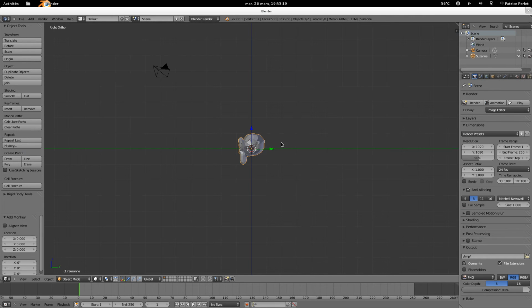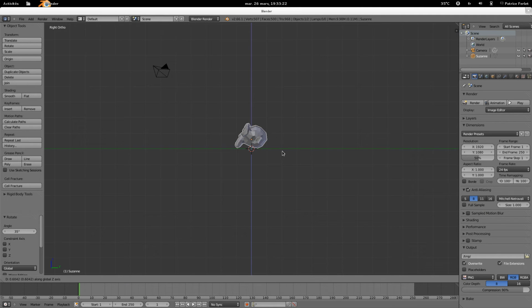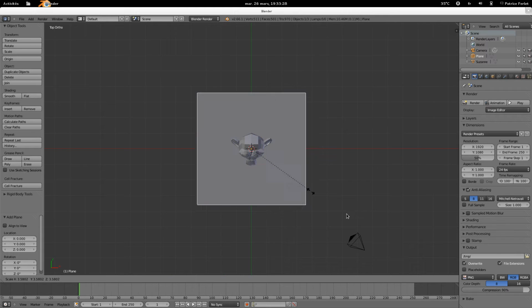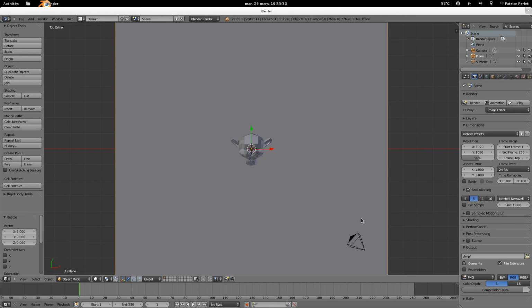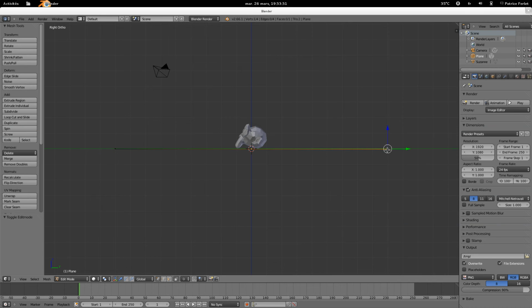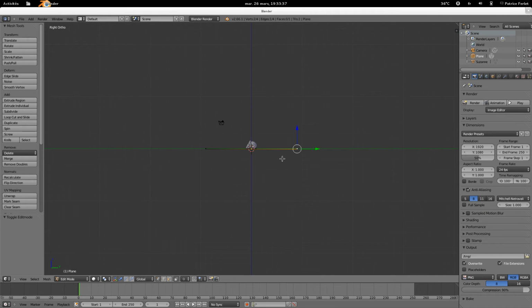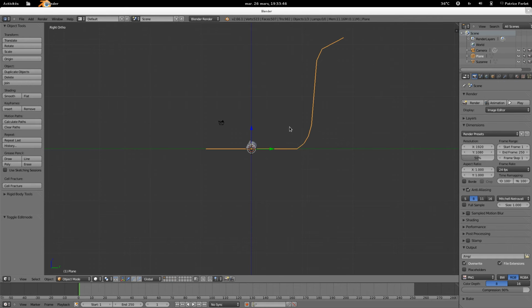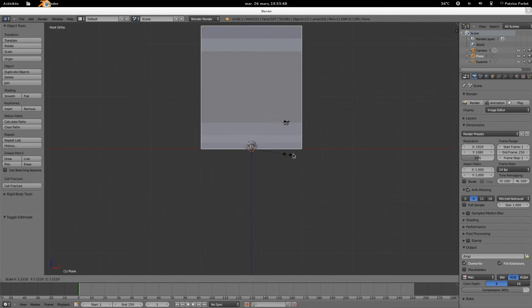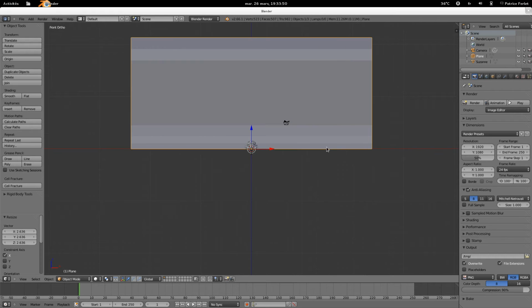Okay, so now you can just set up your scene, just move the monkey like that, add a plane, scale up, create a wall by extruding the back face like that. Okay, we will scale it larger, and